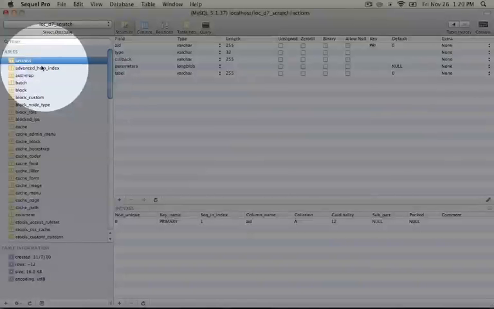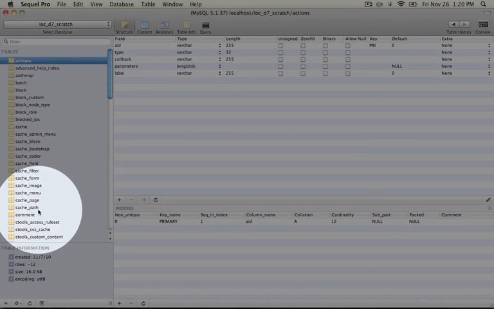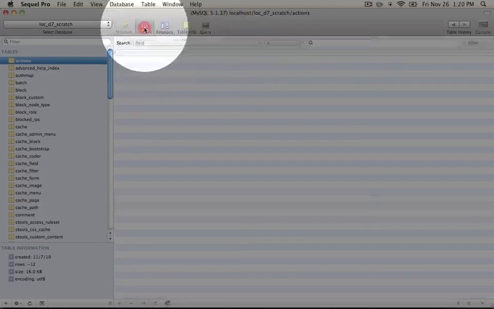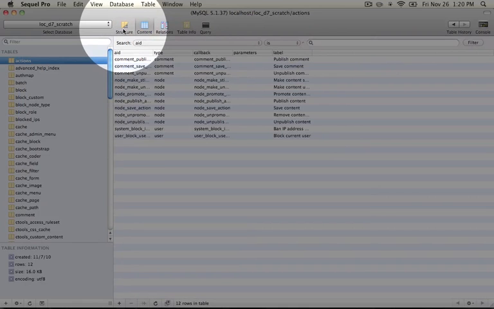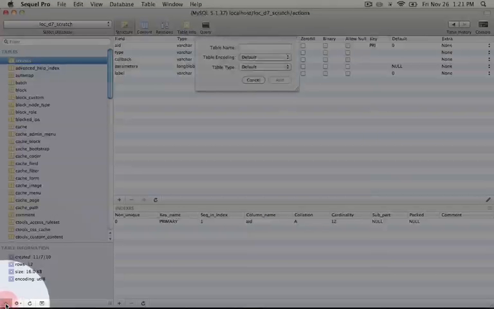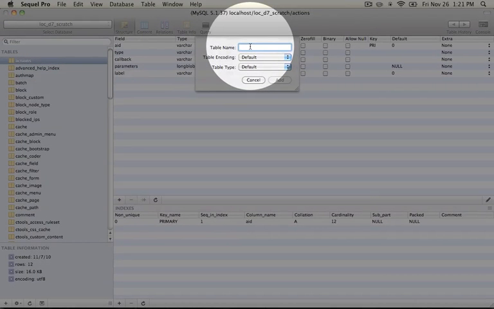So on this left-hand side, we have a list of the tables, and then on the right-hand side, we have either the structure of the table, or we can select content to view the content as well. So what we're going to do is create a new table called trails_history. So I'm going to click the little plus sign here, and we're going to fill in a table name, Trails